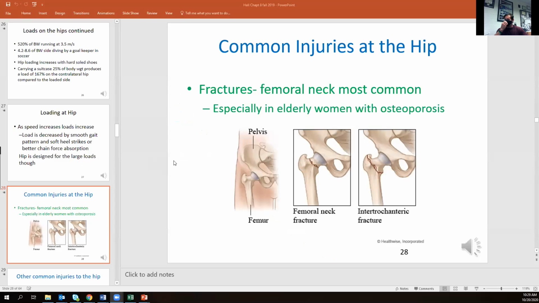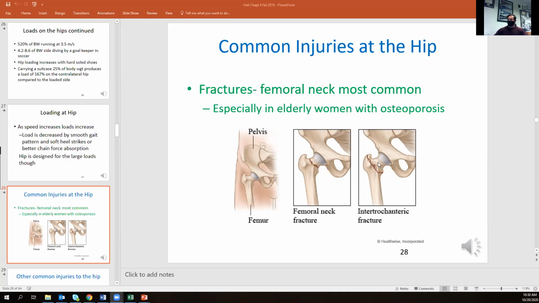So obviously, when we apply too much stress, could be acutely due to something really traumatic like a car accident, or through chronic overuse, we're going to have some type of issues. And the most frequent issue when we talk about fractures is sometimes referred to as breaking your hip. When in reality, what you did is you broke your femoral neck. Now, you can also have the